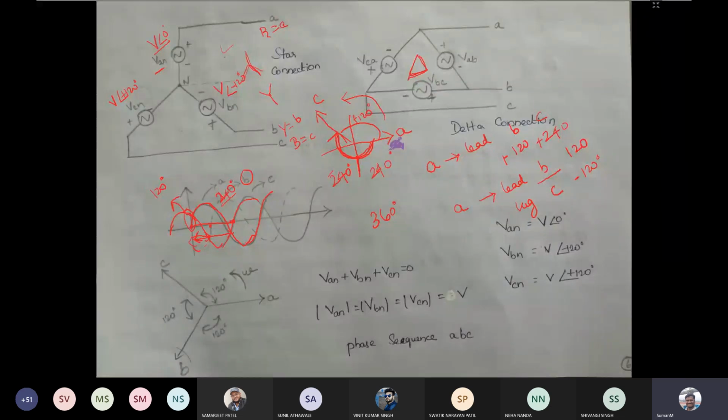Okay, what it means is, if A phase reaches its peak at 0 degree, then B phase will reach its peak after 120 degree, and C phase will reach its peak after 240 degree. Okay, that is what this 120 degree and 240 degree means. So you are having three sinusoidal waveforms like this, one for each phase. Each is reaching its peak at a different time instant. So if this is happening at 0 degree,